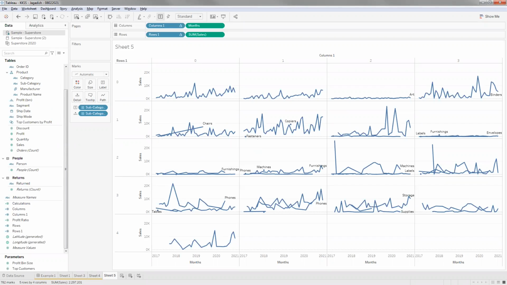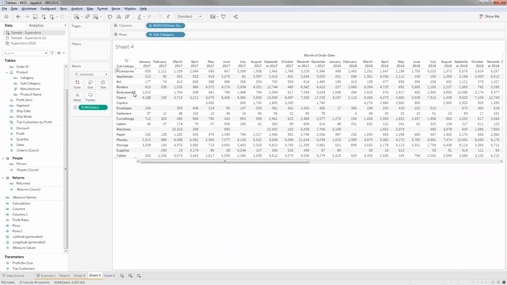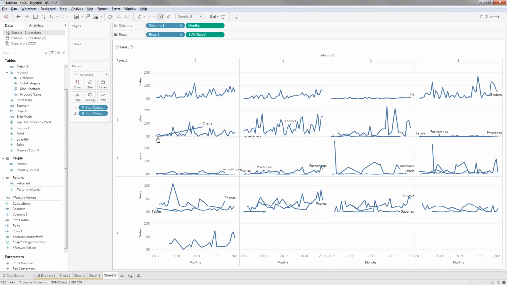For bookcases February 2017, I have no data, so it's missing. Okay, that's clear. But if I see the chairs line, there is no January for the chairs line. Starting from February 17, there is no March as well. So it's going to April 17.